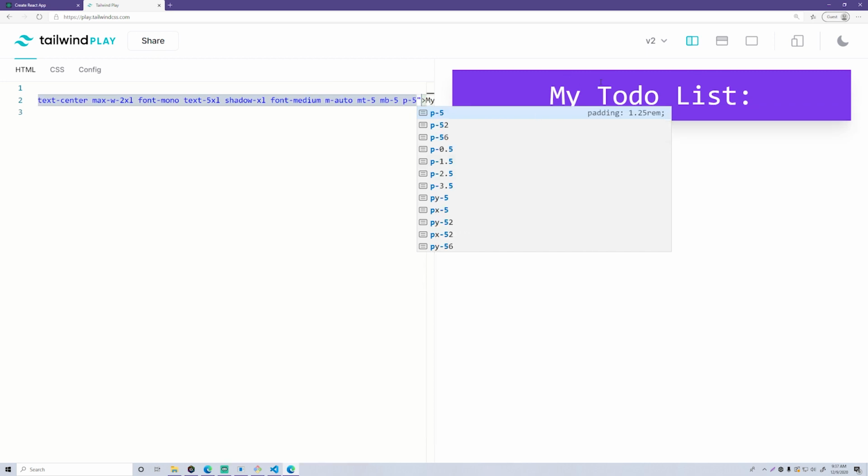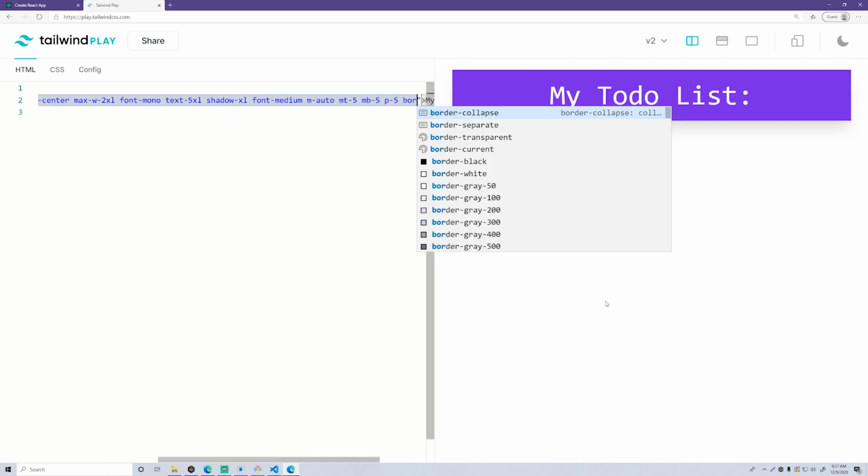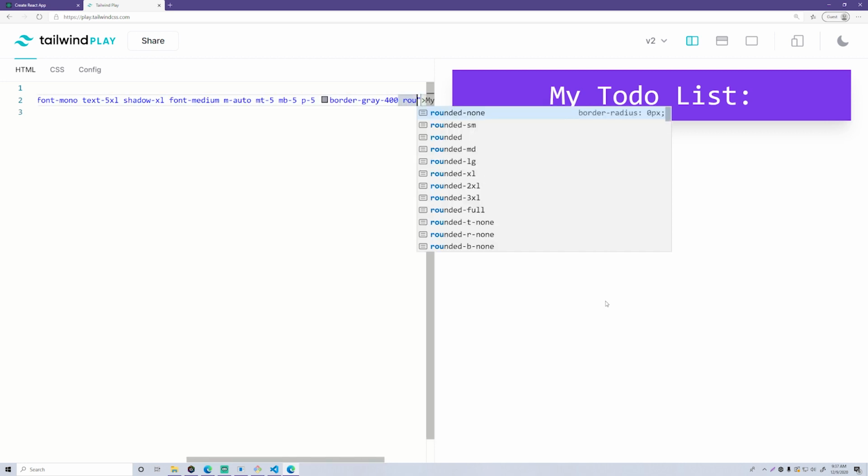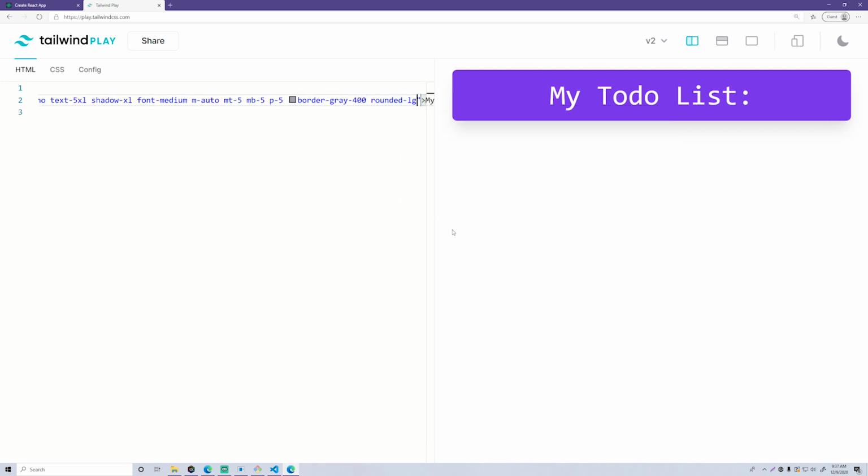So as you can see, it expands the div, the space around the text is going to expand, so we have more space. So padding, and then the border is going to be gray. We'll do gray-400, and rounded-lg. So that's going to be a rounded border. As you can see now, it's rounded, so looks pretty cool. I guess we don't really need gray, do we? Yeah, it doesn't really matter. But anyway, so hopefully you like how that looks already.